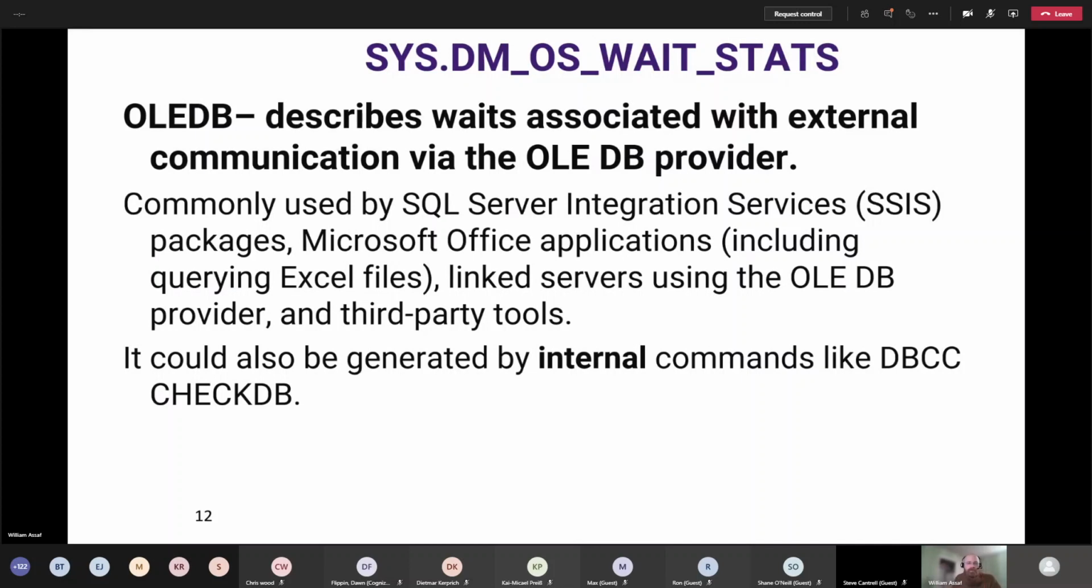Mercy on you if you have that in your environment. Linked servers using the OLEDB provider, third-party tools, things like that. Also, internal DBCC CHECKDB commands can drive up a lot of OLEDB communication. That's not necessarily a problem. It's just an indication that it's coming from those sources, and it helps you identify the load put on by